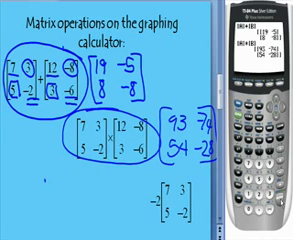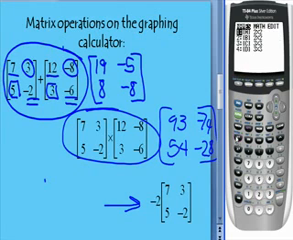Alright, so let's do the third one here, where we're going to take the negative 2 times the matrix A. So on my graphing calculator, I'd type in negative 2, and then I don't actually have to put the multiplication symbol in there because the graphing calculator knows that that's multiplication. So I hit second and your matrix, and I want to use matrix A, so I put 1 and then hit enter,